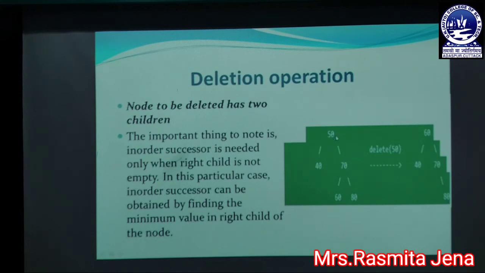We know that in in-order traversal, we first traverse the left subtree, then the root, then the right. So first we traverse the node 40, then the root node, that is 50, and then we go for the right subtree.